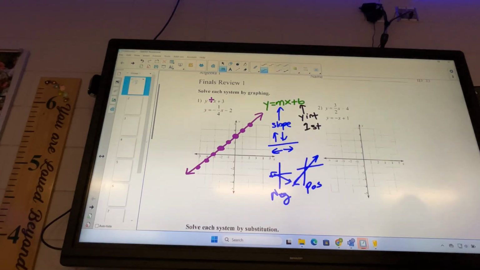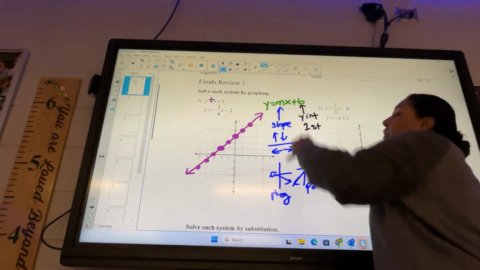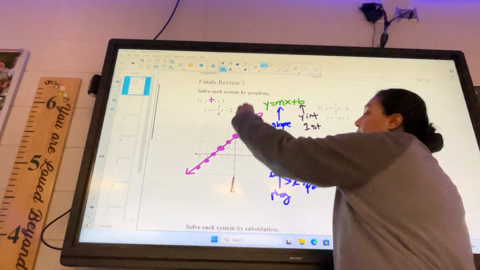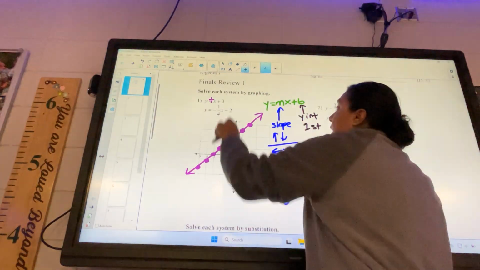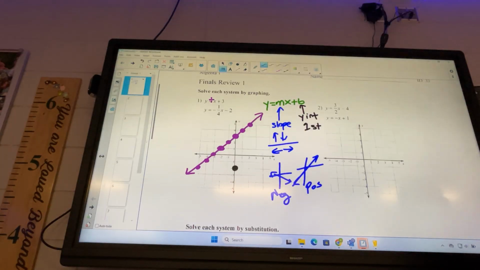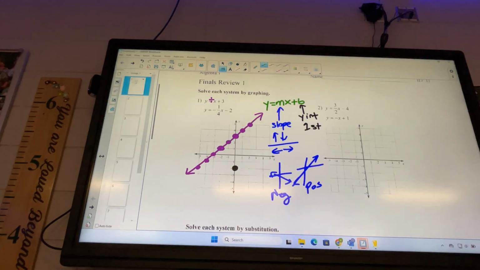Okay, line 2. Line 2 starts where? Where does line 2 start at? At -2. So we're going to go to the y line, okay, which is the up and down line, and find -2 and put a dot. Okay, what is my slope? 1 over 4, okay, and that's a negative line, so we're going to go up 1 and to the left